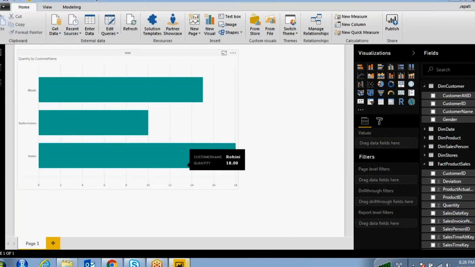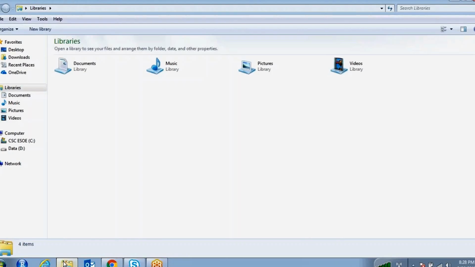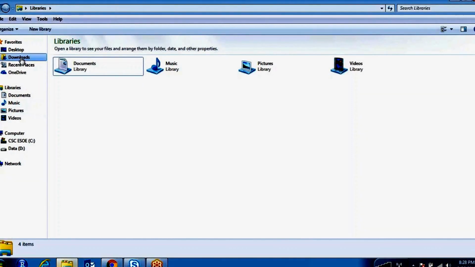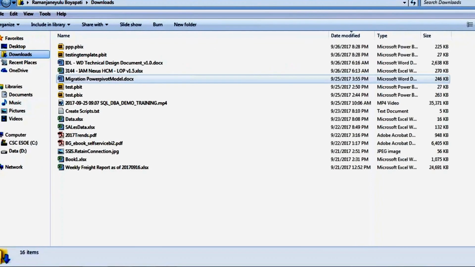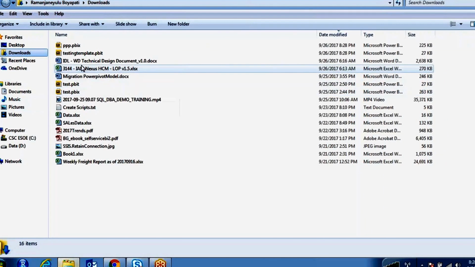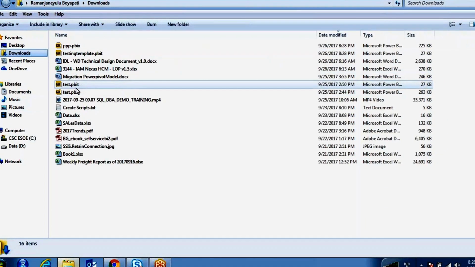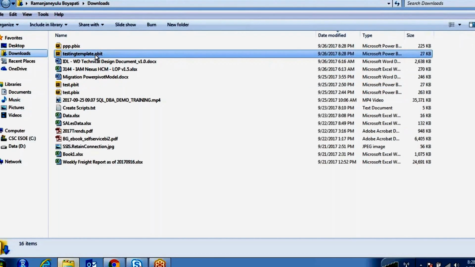This is the PBIX file I have saved, but when I open this file, I will open this PBIT file only. See, where is our PBIT file? Testing template PBIT file.